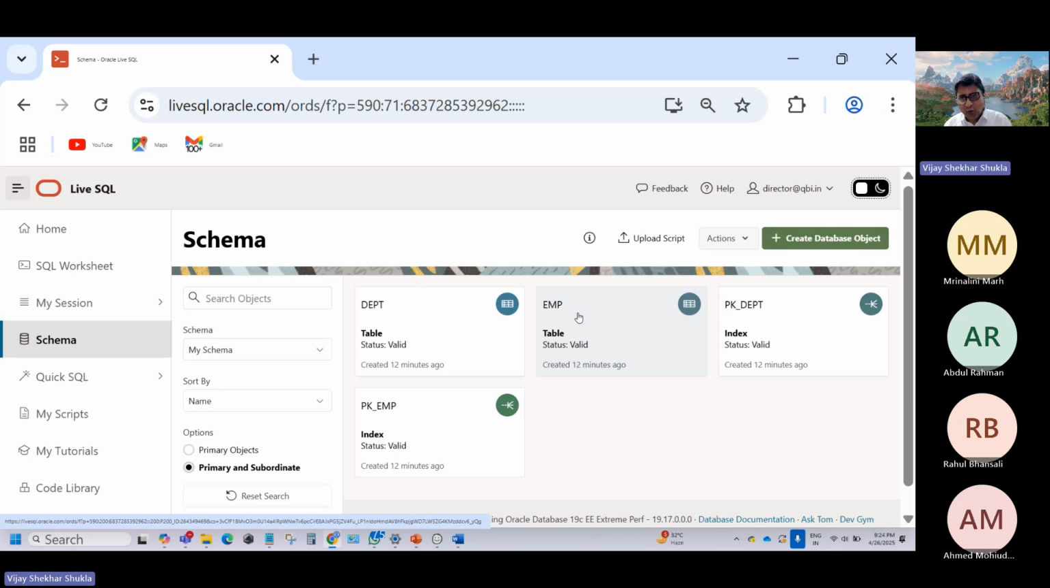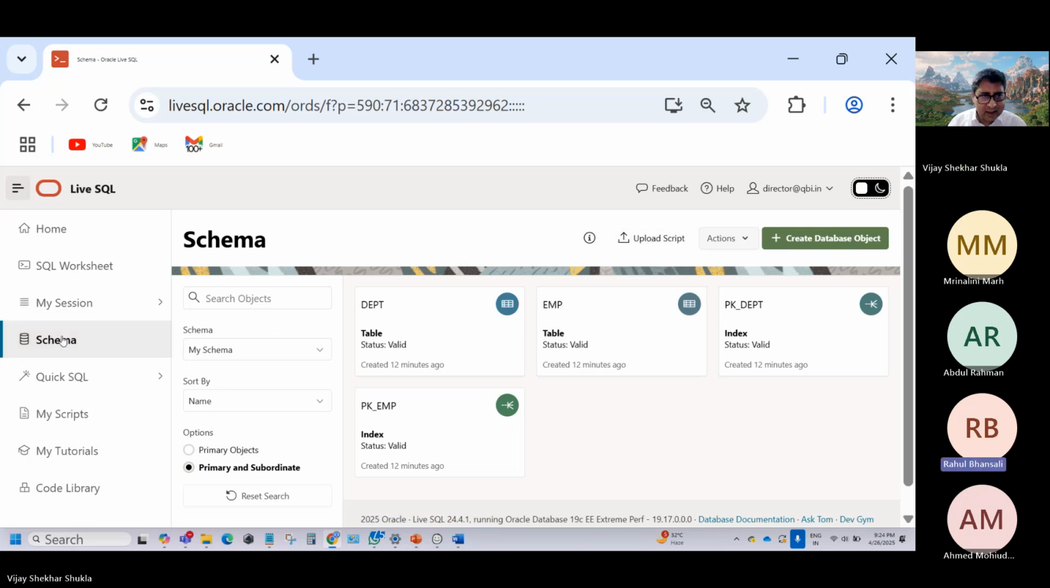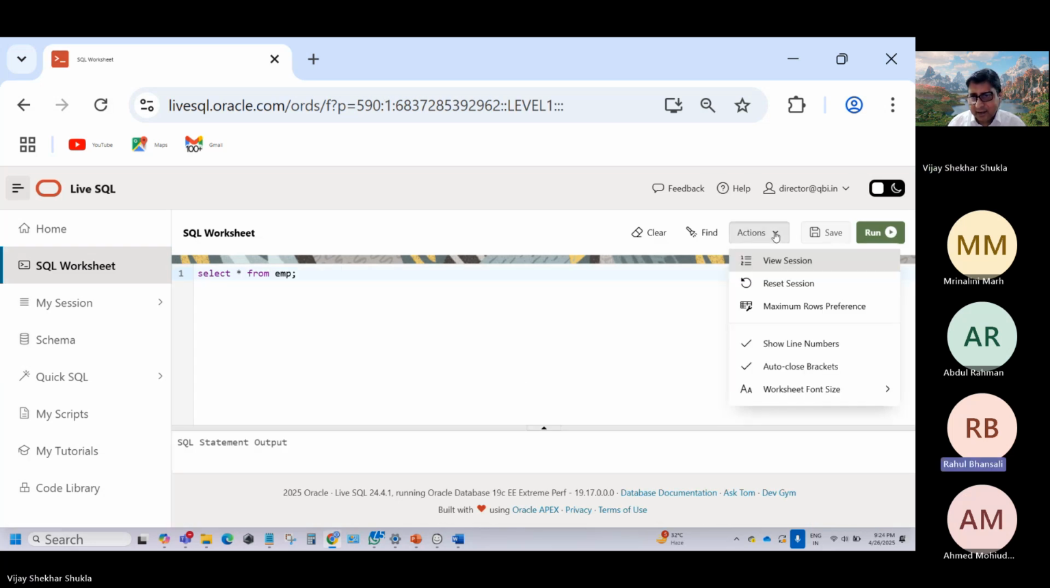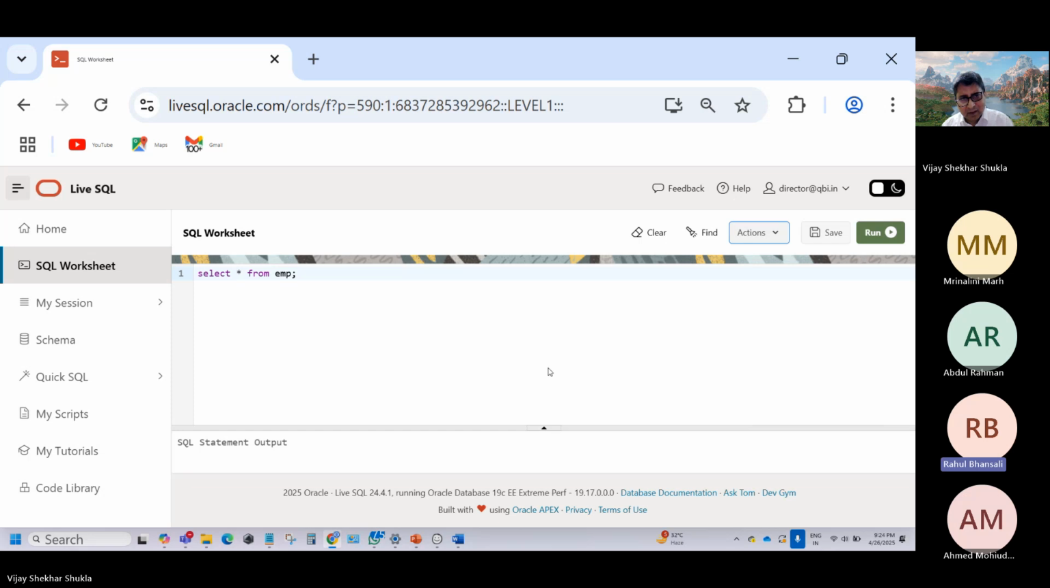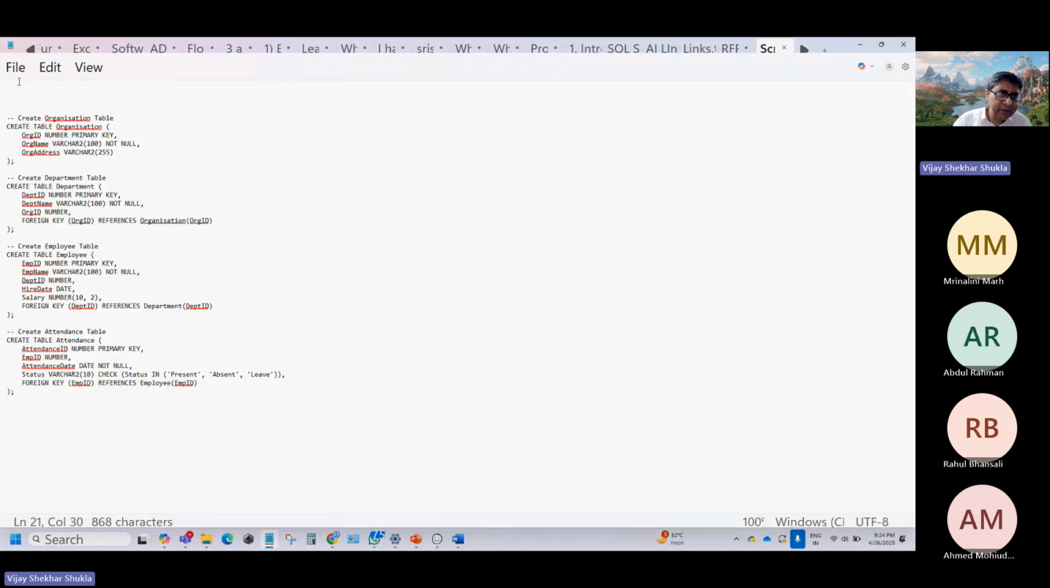So now I will show you how I can run the script. For that, there is this option, upload script. Here, we do not need to copy, paste, or type. Please understand, my script has 4 tables. But if we are recreating a schema for a large application, this script might have 500, 600 commands. So typing or even copying and pasting 500, 600 commands is not